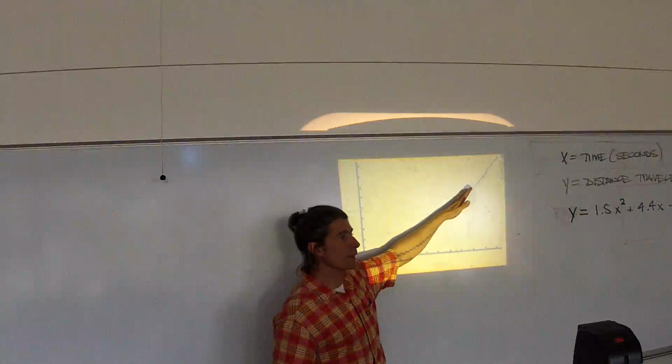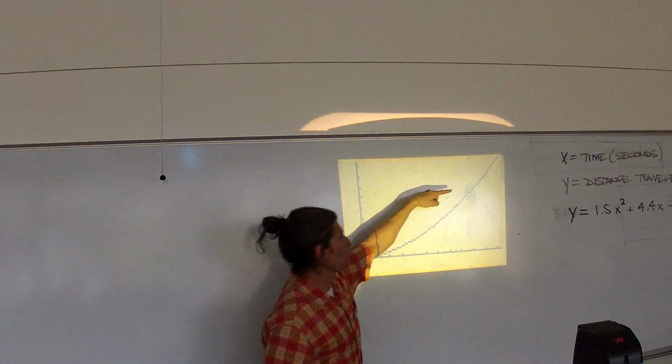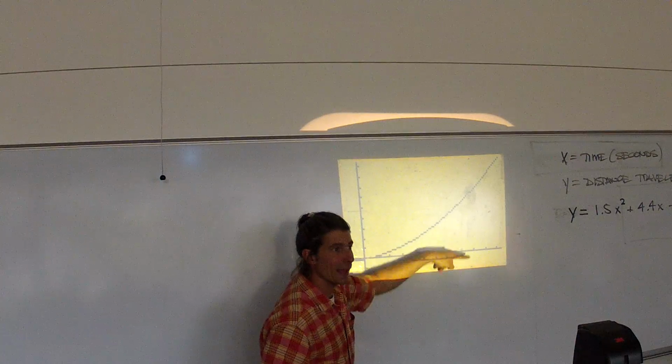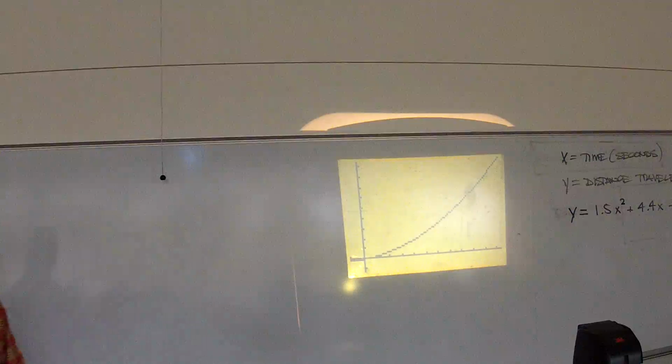How far I've gone down the hill, which is on the y, with respect to how long I've been on the bike going down the hill. It's a position curve. Stop right now, make sure we all have this curve in our TIs. We got success, we got the thing.